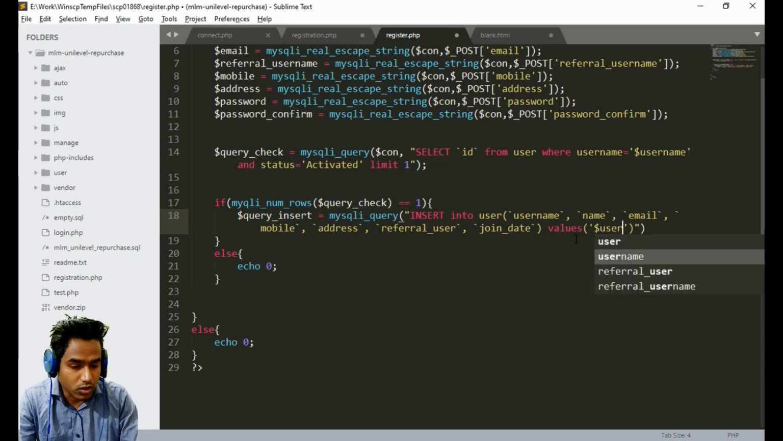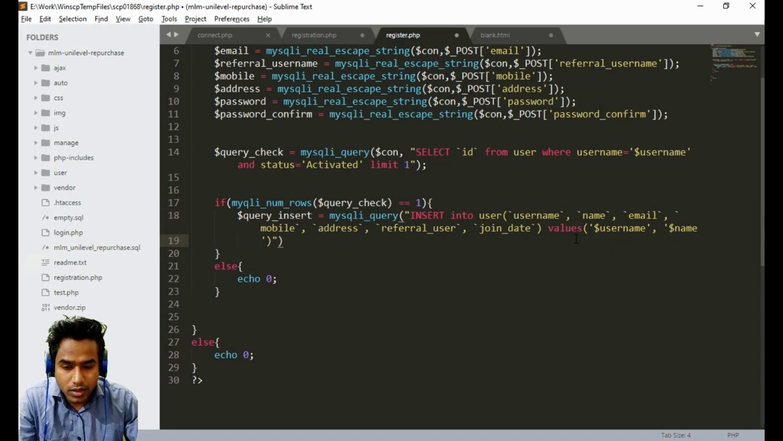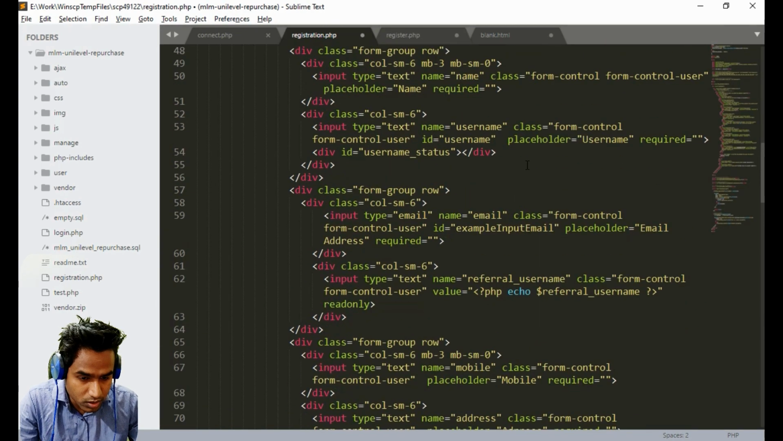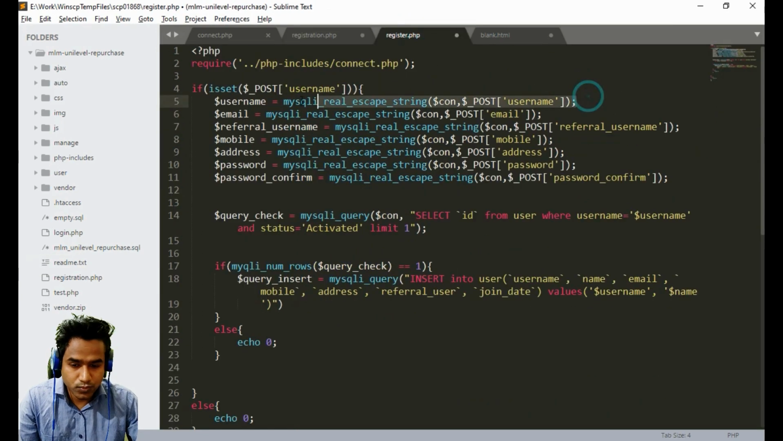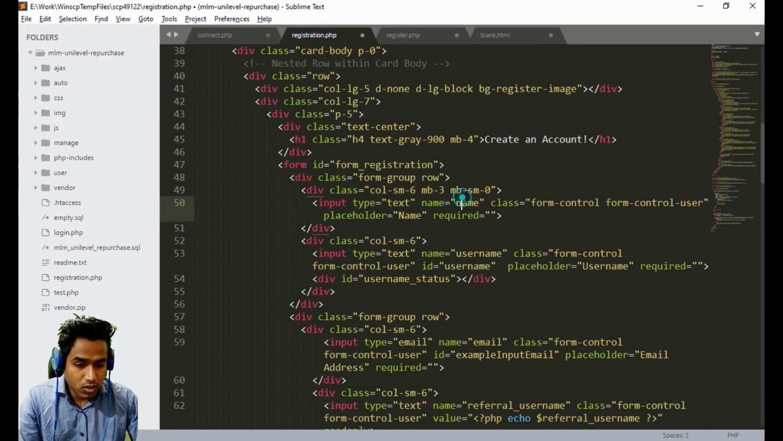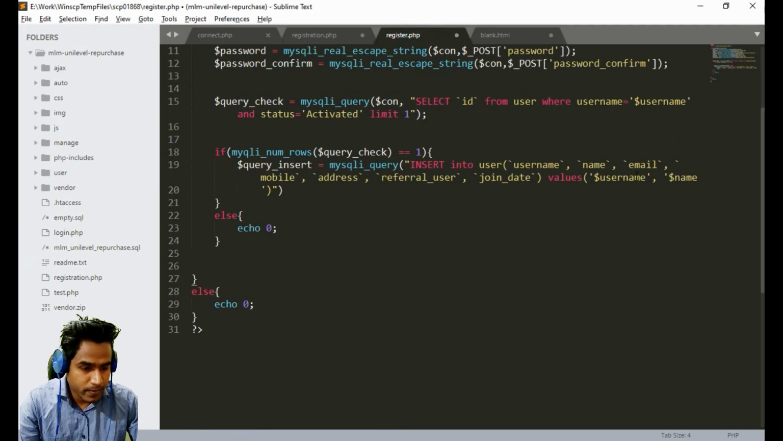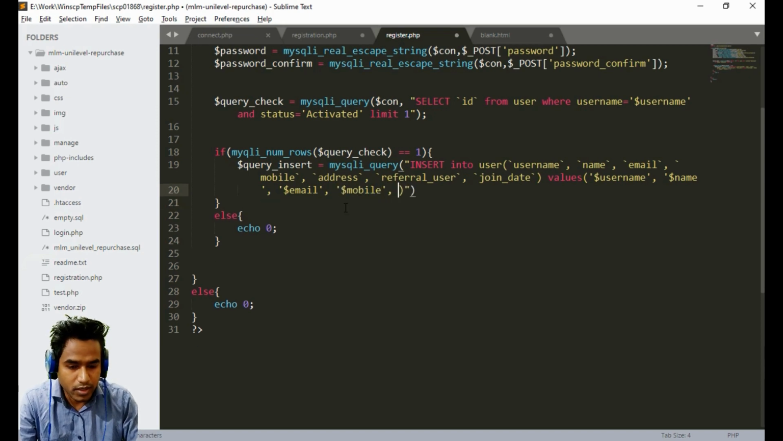that is, first of all username, then the second one is name. Okay, we have not stored the name yet. Where is the name? The name is above the username. Just copy this and store the name also, otherwise the name will not be stored for this user. We also have name, and now after name the email, and then mobile, and now address,